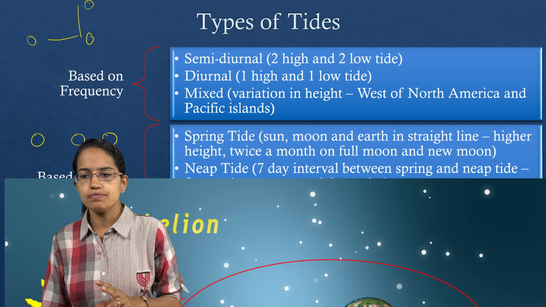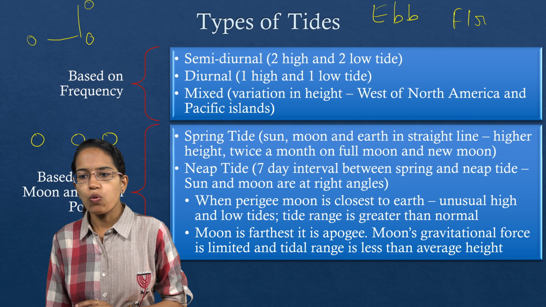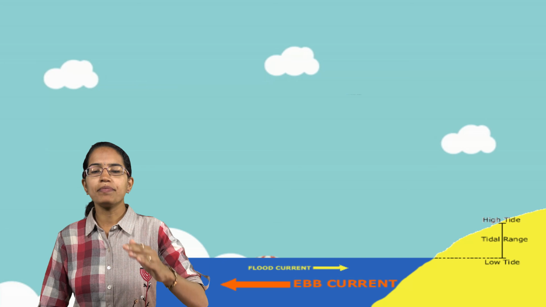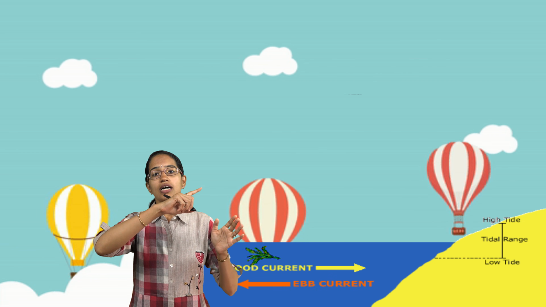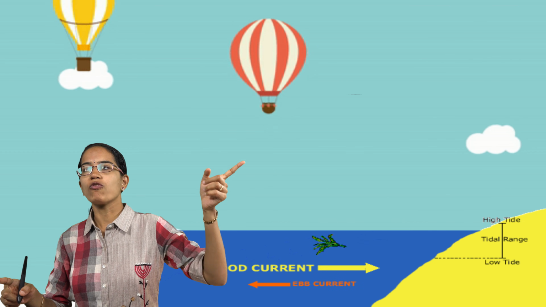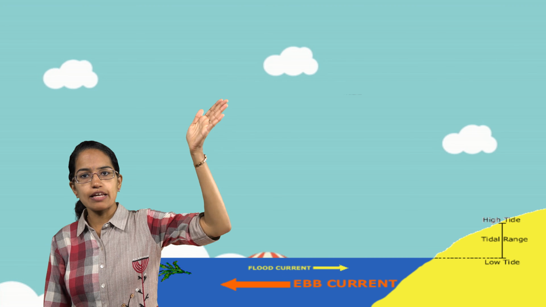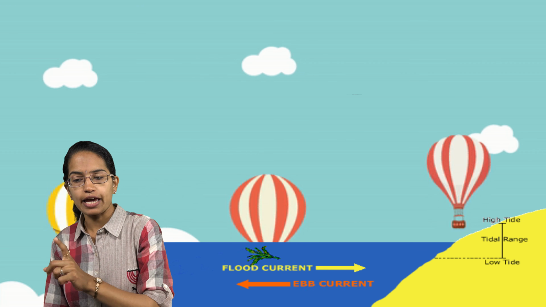Two important terms to remember, you have ebb and flood. Now what is the difference between ebb and flood, or flood is also known as flow. Okay, ebb means the duration between a high tide and a low tide, when the water level is falling. So that's how you remember it. When the water level falls, we call it ebb.